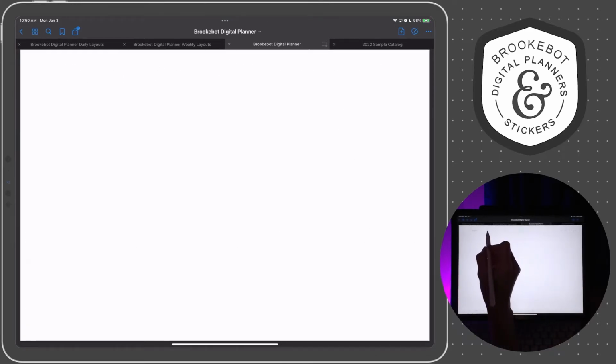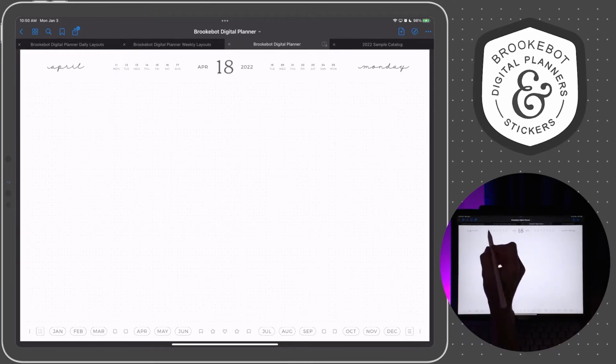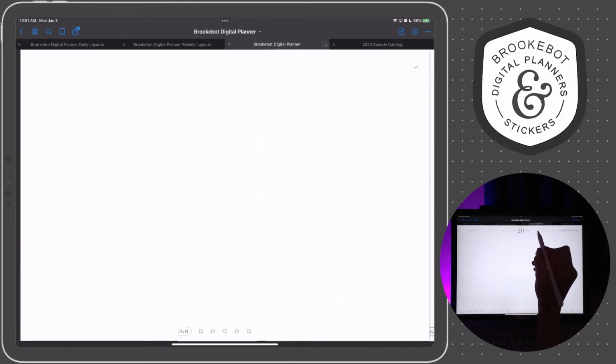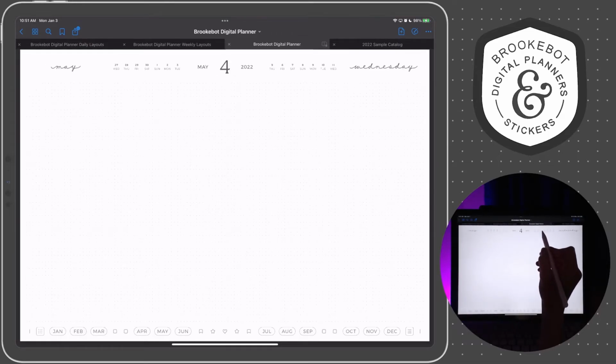And then you can go to every previous Monday, or you can do that with any of these. So if you wanted to go to every other day, you would just tap and it would go by 2s. If you wanted to go to every third day, you could tap on the third day after this date and it would go by 3s, and so on.